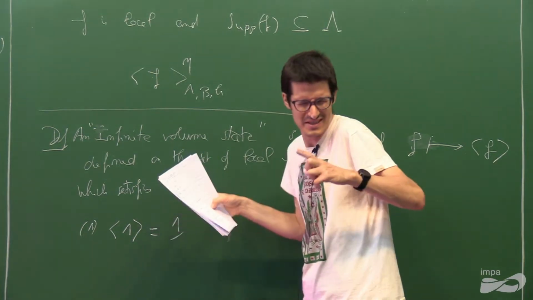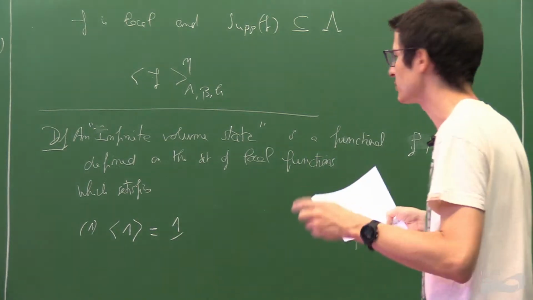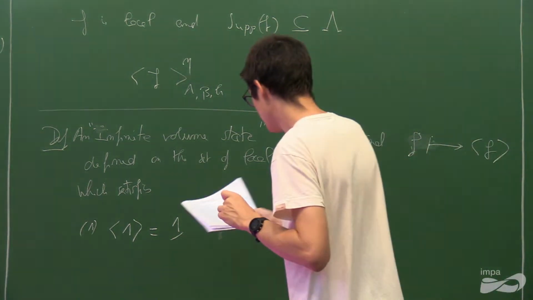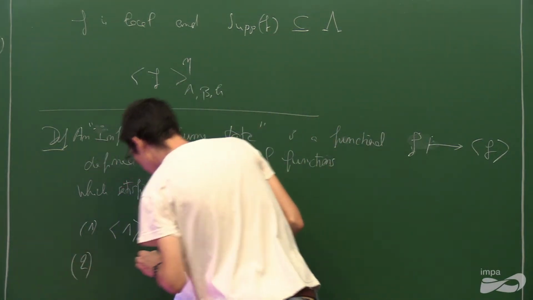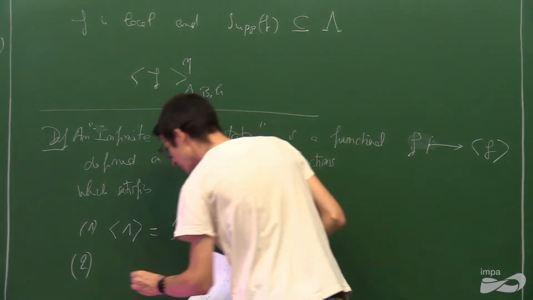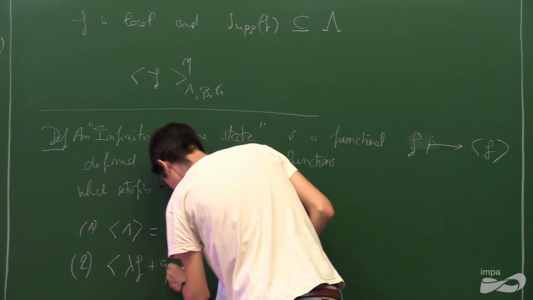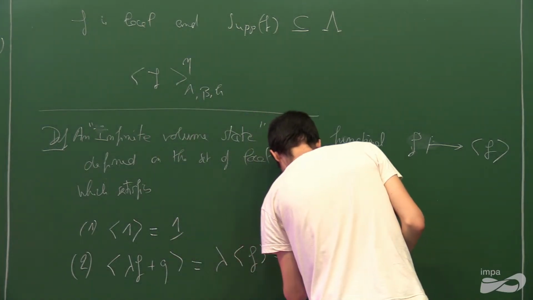Remember, it's supposed to be like an expectation: I'm taking the expectation of f of sigma. So first, I want the bracket of 1 to be equal to 1. Second, I want the bracket to be linear, so that the bracket of lambda f plus g is equal to lambda times the bracket of f plus the bracket of g,